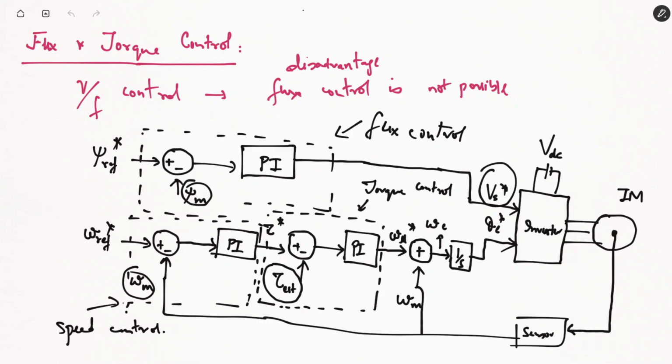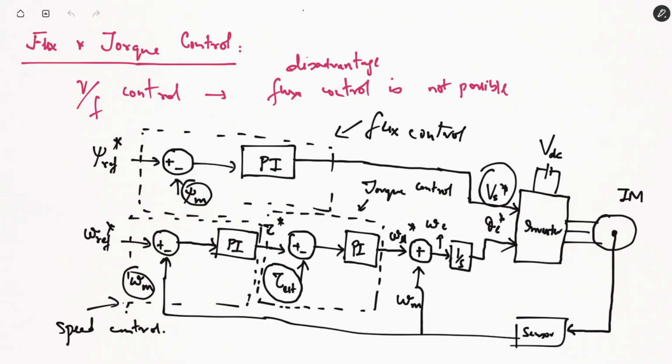So today we started with the flux and torque control. Here we are controlling the flux loop separately and the torque separately. So the advantage of this system is that we are able to control both flux as well as torque. In the volt hertz control, we could only control the torque, flux remains constant. Fine. So we need to control the flux to actually make the system more efficient, to reduce the losses in the system. If flux control is not possible, our system will not be efficient.